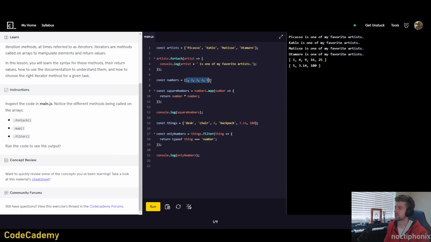Then constant numbers, 1, 2, 3, 4, 5, and constant squareNumbers, numbers.map number return number times number. So the map iterator is taking the index of the number, and then it's returning the number times itself. So you're creating an array of square numbers. Yeah, that's interesting. So the map creates a new array based on the array that you had, but you don't have to put in the brackets. You just leave it as is, and then it'll create the brackets in the console log. So then it console logs the square numbers,